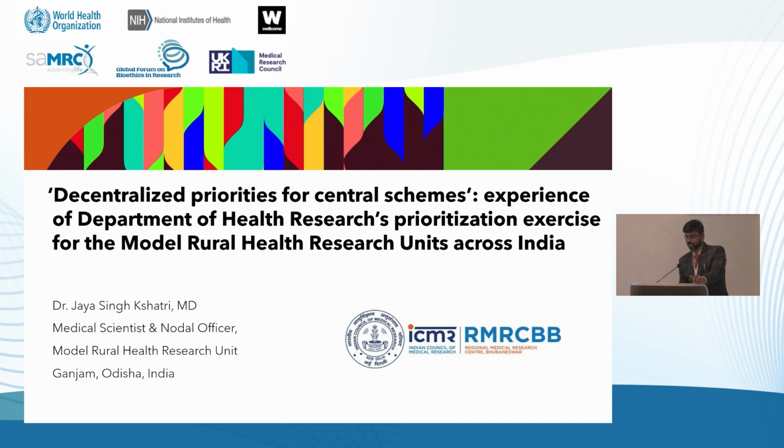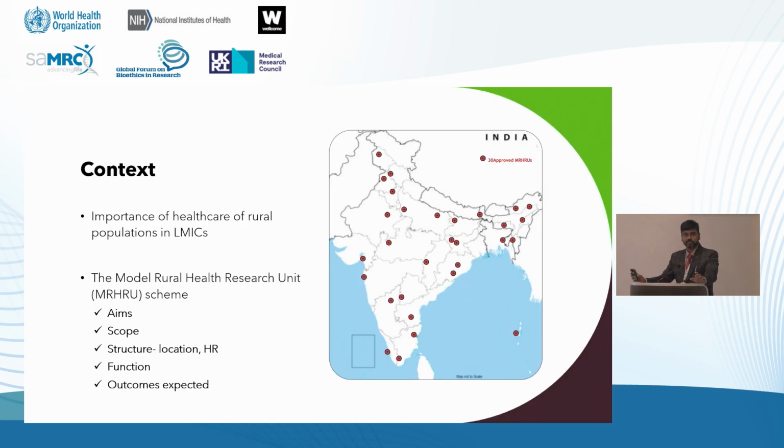Okay, thank you. So to set the context first, let me introduce you to this concept of model rural health research units. These are actual physical units of research with dedicated staff and a dedicated annual renewable purse of funding, which are established across the country. We have 30 states, and each of these states has one of such units. I manage one of those in the eastern part. One of the red dot is managed by me, but there are 29 other such units across the country,